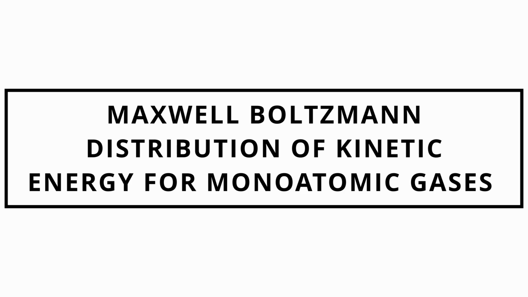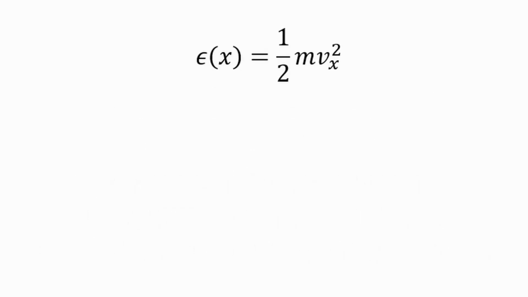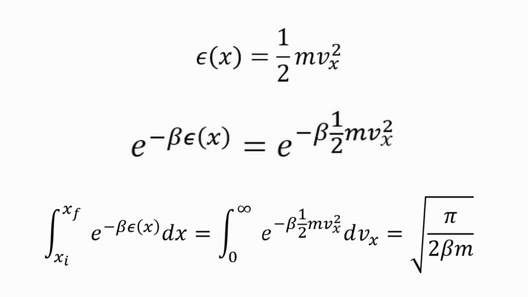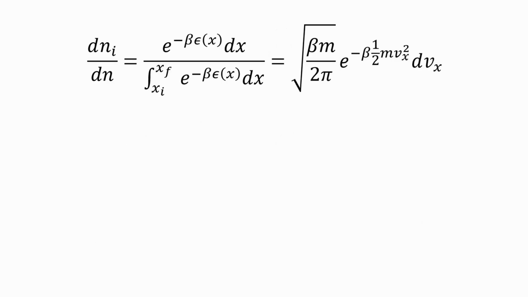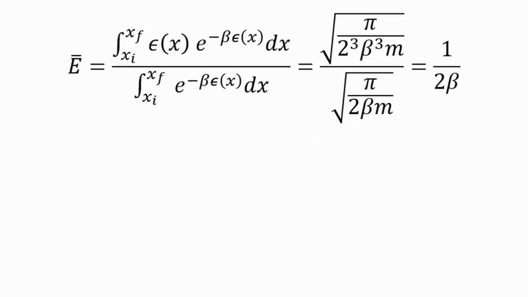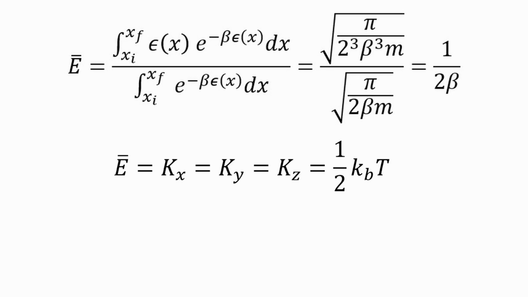Let's investigate the kinetic energy distribution for monoatomic gases. The kinetic energy of a molecule in one specific direction x is, for a continuous distribution we have, and, then the distribution of particles becomes, and our average energy per particle becomes, from the gas kinetic theory, and using the equipartition theorem we have. So, and the distribution of particles can be written as